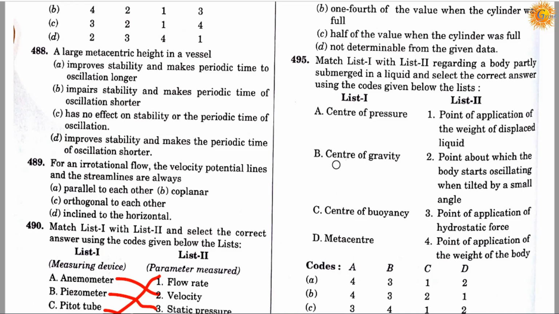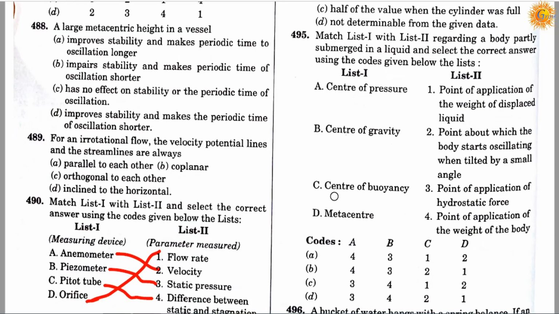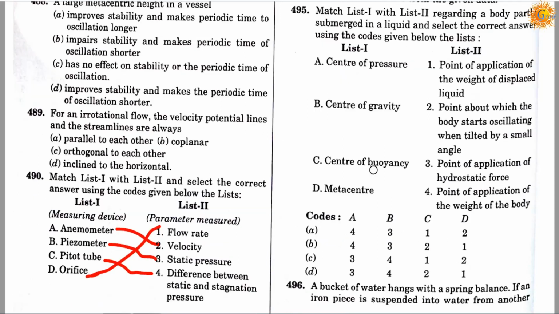In the first list is the center of gravity; in the second list is the point about which the body starts oscillating when tilted by a small angle. Option C in the first list is the center of buoyancy, and in the second list is the point of application of hydrostatic force, and D is the metacenter, and the fourth is the point of application of the weight of the body. So here the correct answer is C,